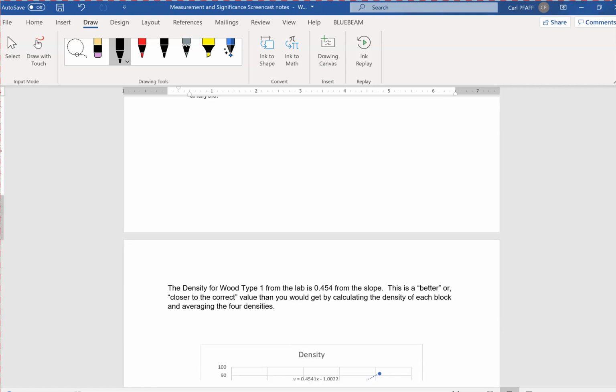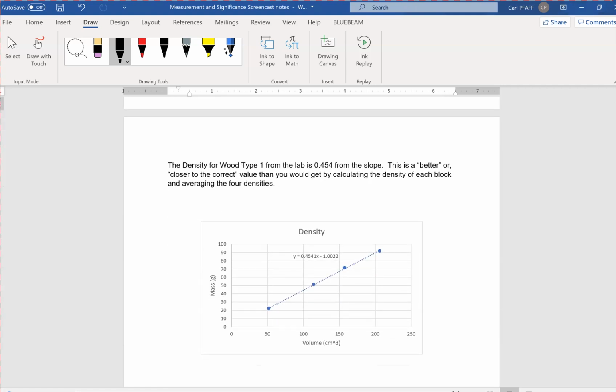The best way to do that is to look at using a graph. So for our lab the other day, we should have the density for wood type 1. I plotted those points, calculated my volumes, and then had a best fit line. You can see here that data point number 2 sits slightly above that best fit line. Data point number 3 is definitely a little bit above that best fit line. And data point number 2, if I extrapolate that line, we see that it's a little bit below. So by using the best fit line, we take all those inherent errors in each data point